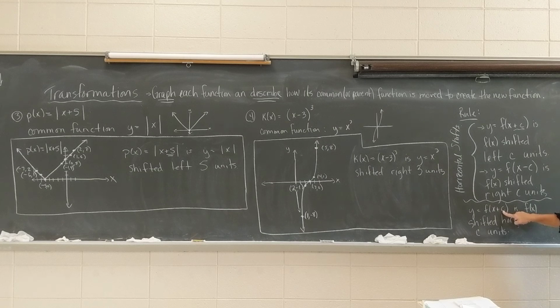Now if the c value is positive, then everything will say x plus 2, x plus 3, x plus 5, x plus whatever, and we'll be shifting to the left. If the c value is negative, then it'll turn that plus sign into a minus sign, and this will look like x plus a negative 2, or x minus 2, or x minus 3, or x minus 4, and then we shift to the right. I like to put them individually because I like to see the left and the right idea instead of just horizontally. I want you to know which one goes left, which one goes right. But if you do look it up